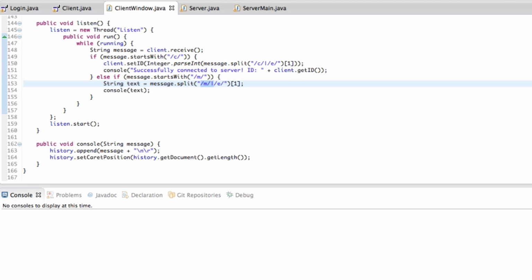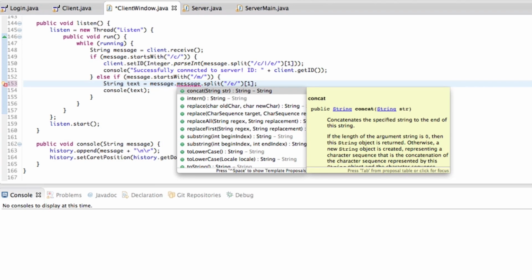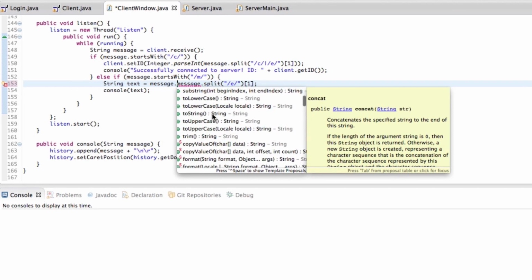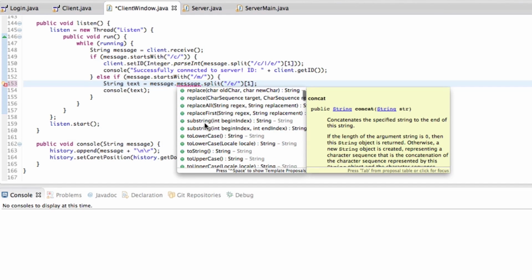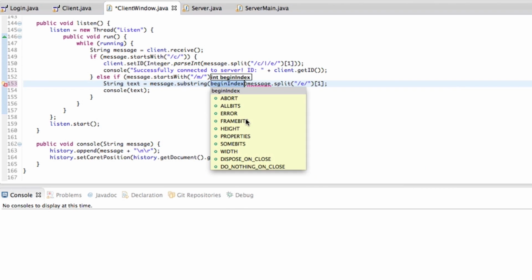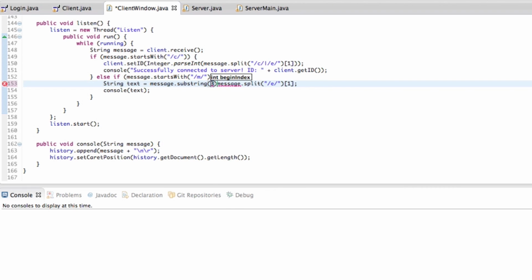We'll get rid of this and we'll only split it by E. But what we'll do is we'll also go ahead and do, first of all, message dot, I think there's a substring, right? And I think the begin index, add the specified index and extent. So we'll grab that and we'll just put 3 here. And then we'll put a dot message split.